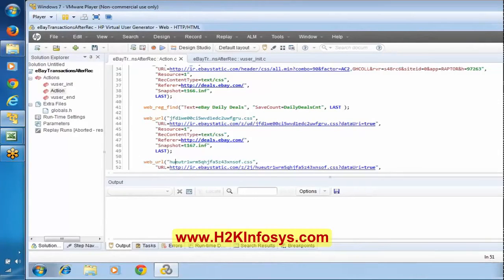If you want to make use of this variable in terms of a C loop, or in terms of an if condition, we have to convert this LoadRunner variable into a C variable. That can be achieved by using something called lr_eval_string. Don't worry, first of all try to understand the concept. We will be discussing each and everything here. We'll discuss the C variable and this LoadRunner variable, and we'll try to understand how to convert a C variable to a LoadRunner variable and a LoadRunner variable to a C variable.